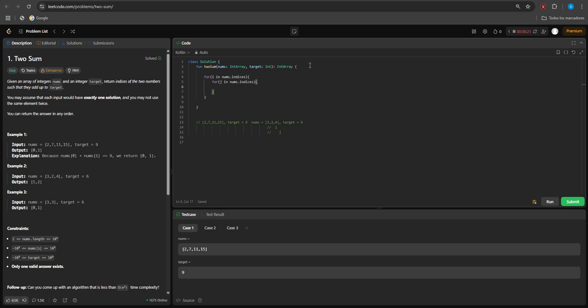If we're going to add the first condition, if nums[i] plus nums[j] is equal to target, we return